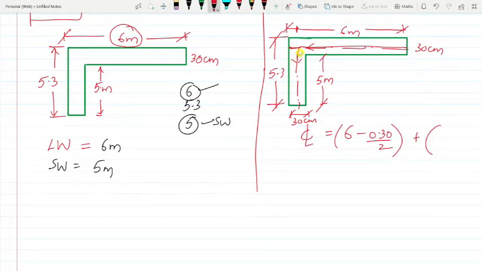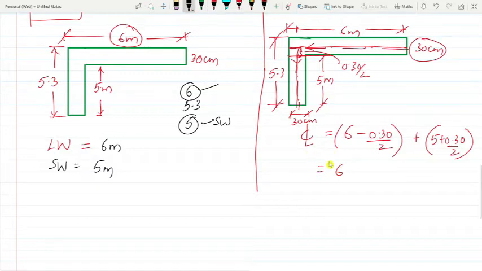Now again from where you have to take, again from here. This is 5 meter. From here this entire line is 5 meter, but this much portion again I have to add. So that will be again 0.15 only, this portion. Again 0.3 by 2. So it will be 5 plus 0.3 by 2. So it will be totally 5.85, I think. Correct, no? 5.85. 5.85 plus 5.15. So finally total length will be 11 meters again.